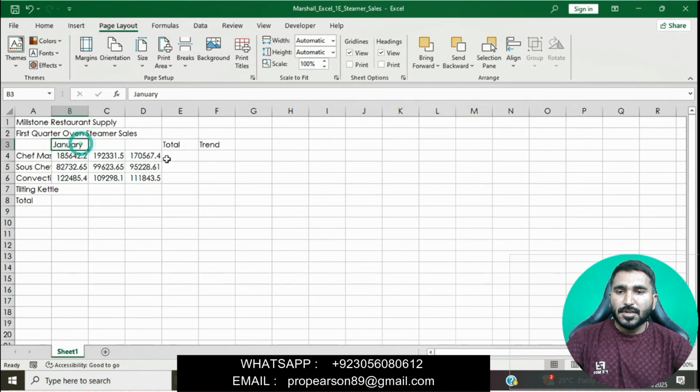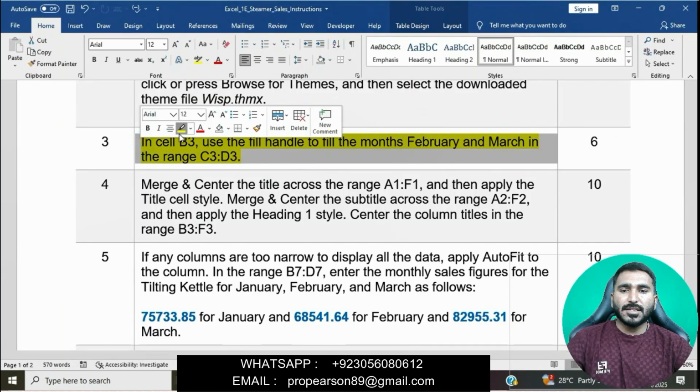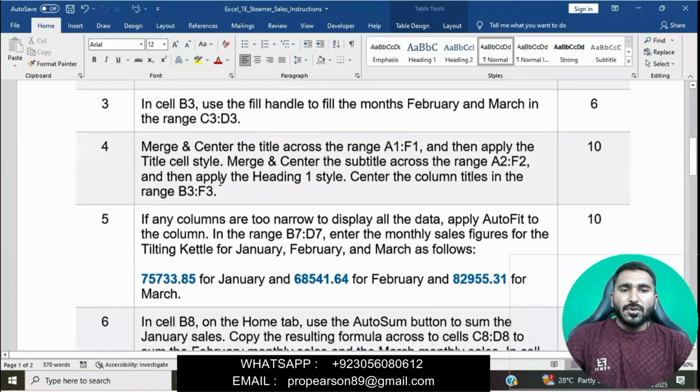Here is cell B3. Use the fill handle to drag to cell D3, filling February and March in the range C3 to D3. Okay, question is done.